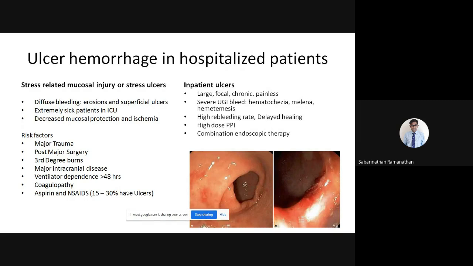And it can be a large focal or chronic painless ulcer also. So we need to do an urgent endoscopy, and then we need to start PPI therapy, and we should go for endoscopic therapy also, a combination of endoscopic therapy,